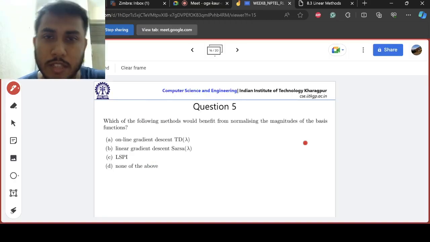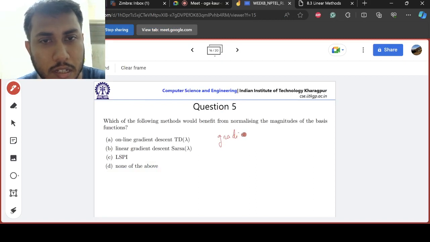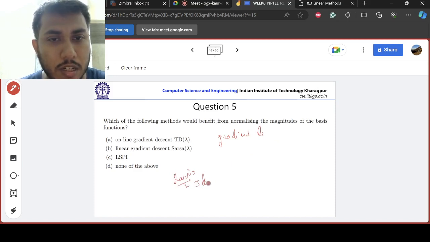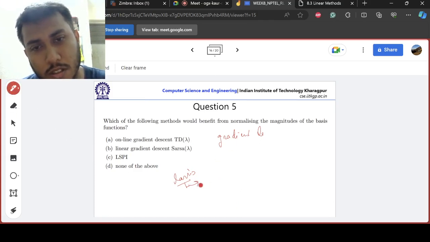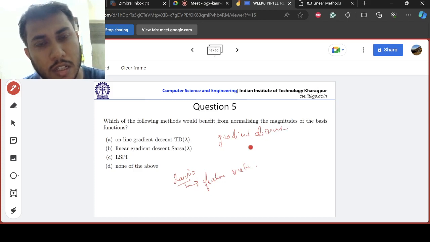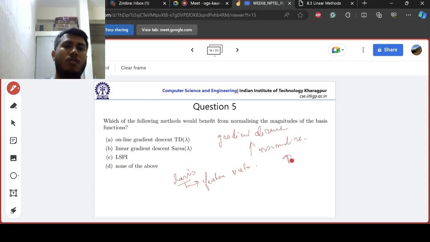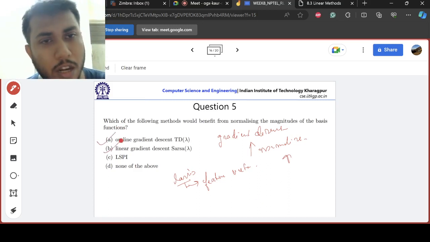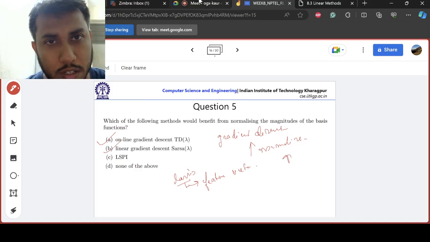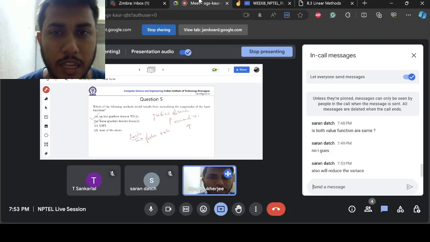So typically, when you are doing some kind of gradient descent, what is a basis? Basis is basically feature vectors. Identity is a very easy way to represent it, but typically these are your feature vectors. When you are doing gradient descent, it is good to normalize because it will be less computationally effective otherwise. So typically A and B will benefit from normalizing the values,